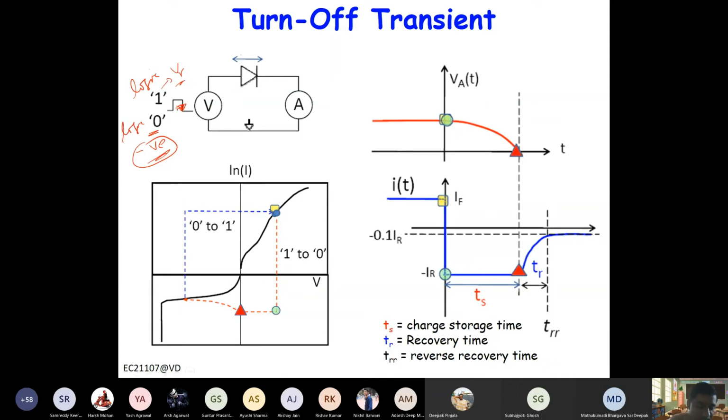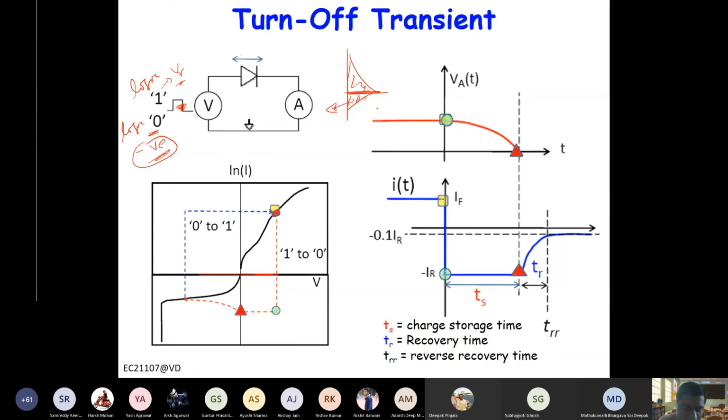So when it is 1, or it is forward bias, current is flowing, and you are operating somewhere here, I versus V. And when you turn it off, you go to reverse bias, right? So there are two things. First, you basically remove the charge due to the forward bias. Then you do the carrier extraction. So if you see the curve like this, first you remove this charge. It has achieved the normal state. Then you inject, evacuate those charges.